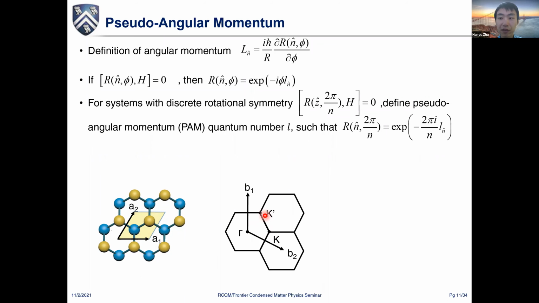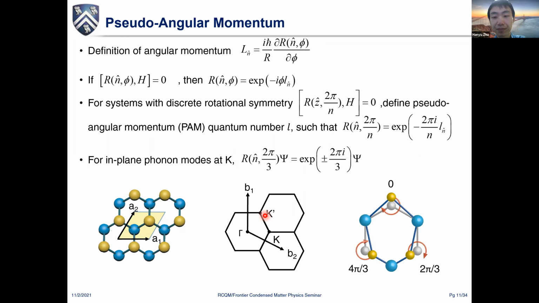So only phonons at these points can be defined with perfect, integer pseudo-angular momentum. The phonon turns out to have pseudo-angular momentum plus or minus 1,